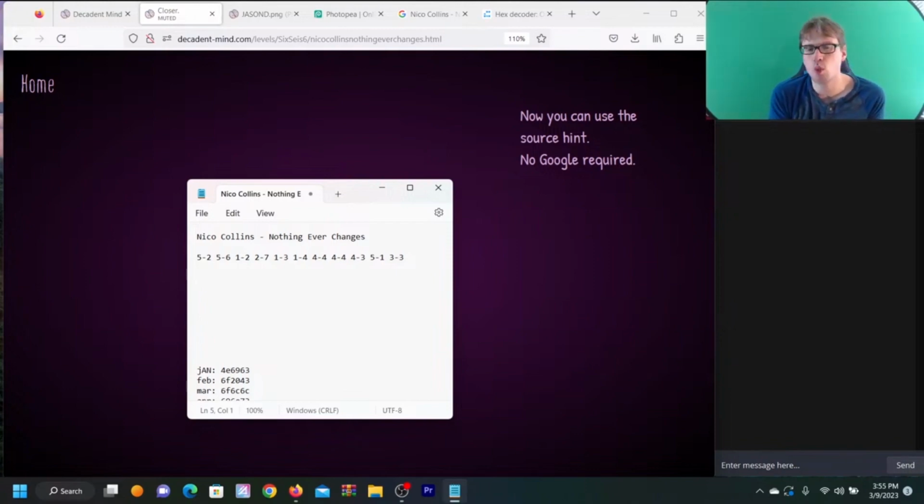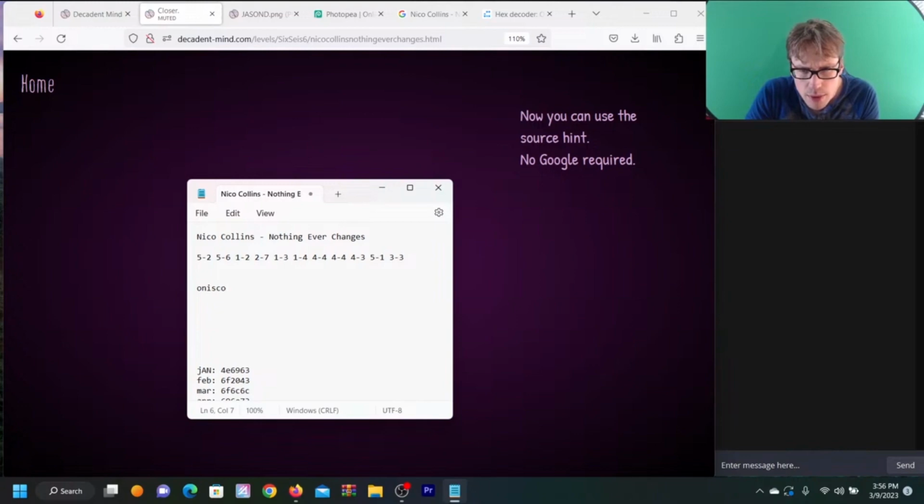I'm going to guess it is book code, word then letter, because I have 5 words here, and the first number is never higher than 5. So it wants the O in Collins, the N in Collins, the I in Nico, the S in Collins, the C in Nico, the O in Nico,